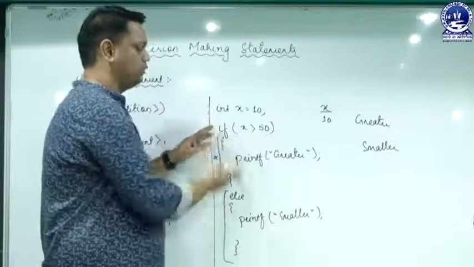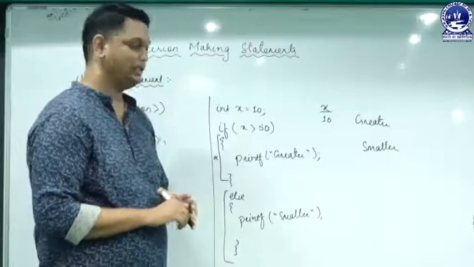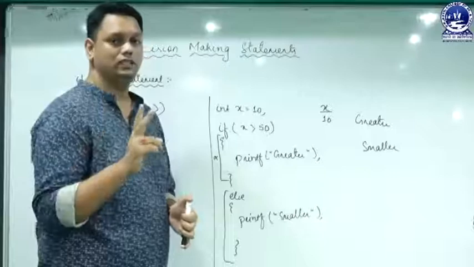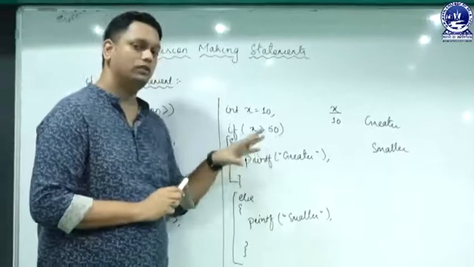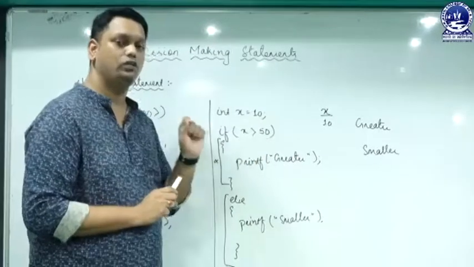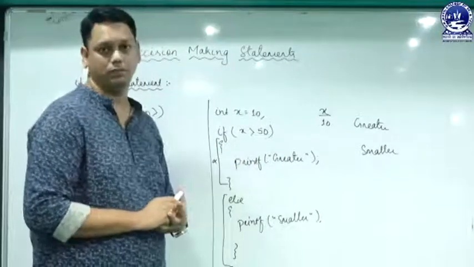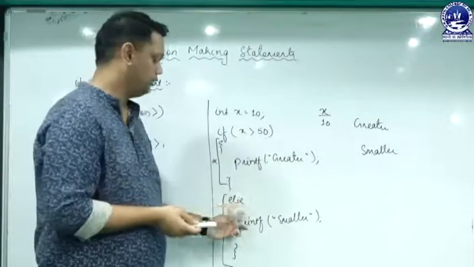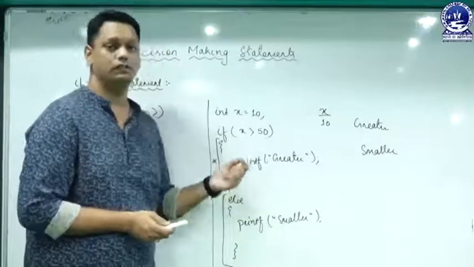So this is the working of an if else statement, but we have a limitation: in an if else statement only two conditions can be satisfied. That means in a program which has exactly two conditions, we can utilize the if else statement. One condition will be given in the if and the reciprocal will be in the else statement. So this is the limitation of the if else statement.